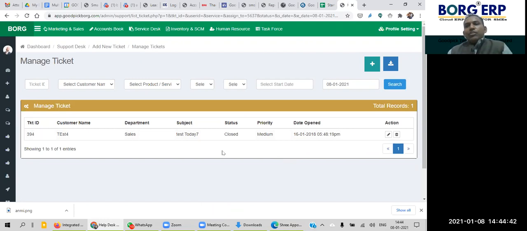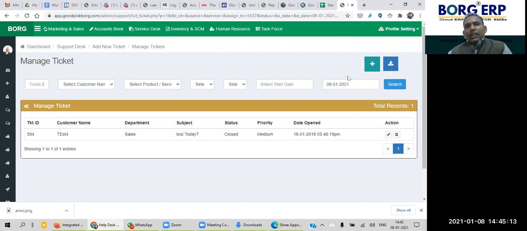So productivity can also be ensured, and work can be assigned and distributed accordingly, because sometimes if we are not in the office, or we are not continuously monitoring, because it's not possible for the management, someone is overloaded and someone is free. We have seen that in so many organizations. So work can be distributed equally and managed. Okay, so this is a benefit, and the ticket details can also be downloaded from here.